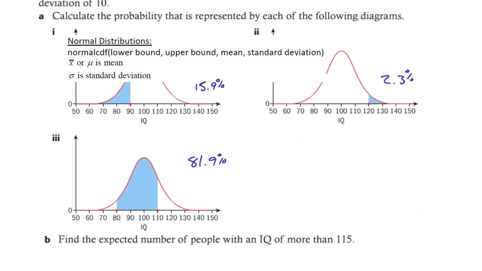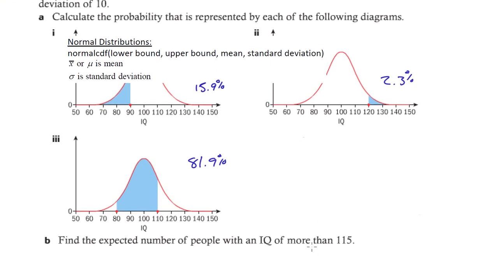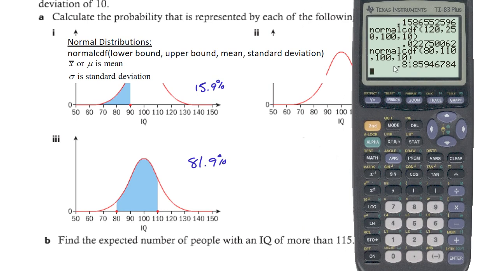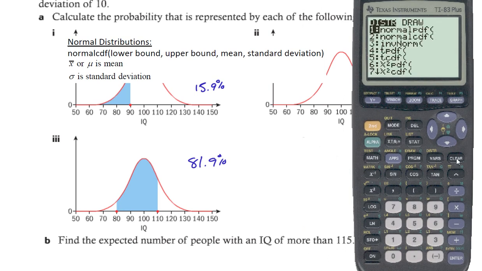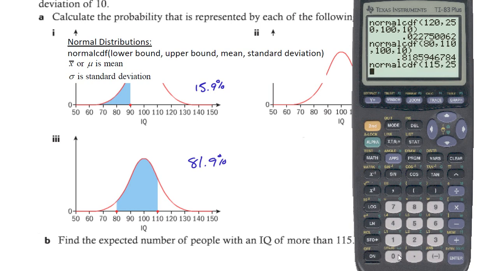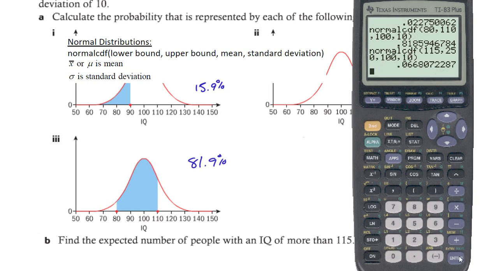Okay, let's see. B, find the expected number of people with an IQ of more than 115. Okay, so more than 115. Second distribution, normal CDF. Our lower bound, 115, is the lowest we want this to be. And we can have as high as we possibly can get, so I'll put 250. And then our mean is 100, and our standard deviation is 10. Okay, and that gives us